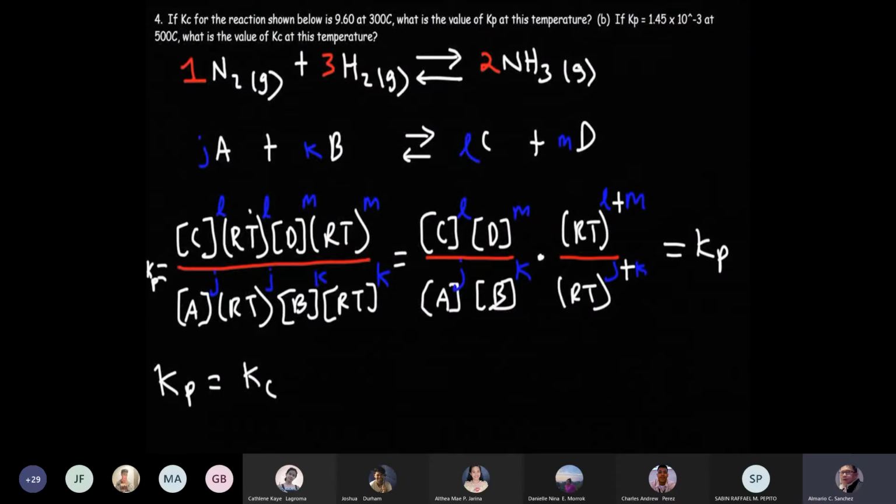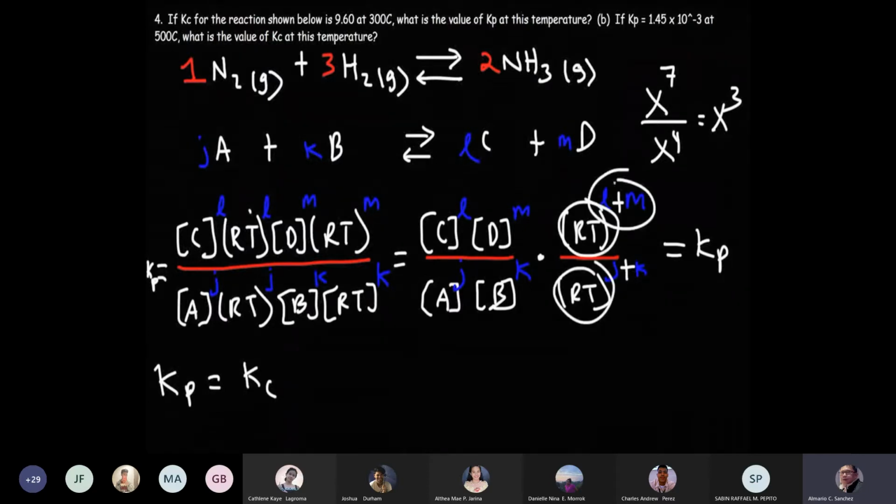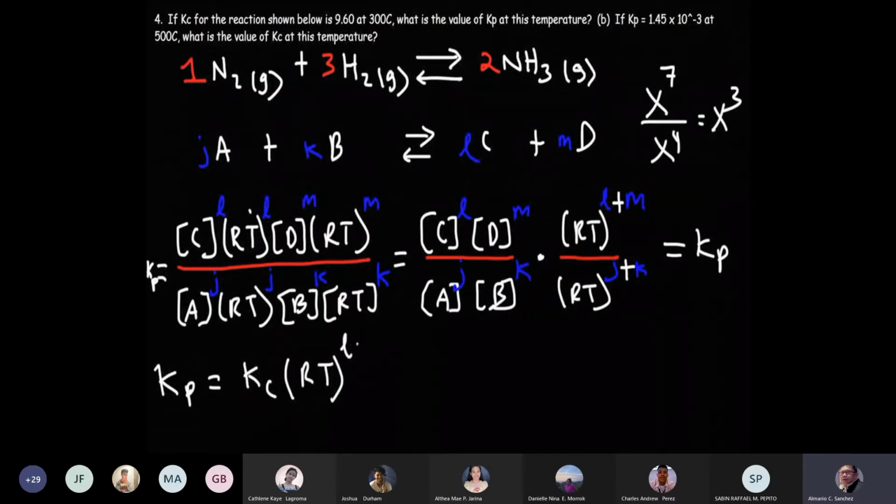Now that part, what happens if we divide two common bases? Let's say if we have x to the 7 over x to the 4th. We can write that as a single x variable by subtracting the exponents. 7 minus 4 is 3. So we can write this as a single RT value by subtracting L plus M and J plus K. So we're going to get times RT raised to the L plus M